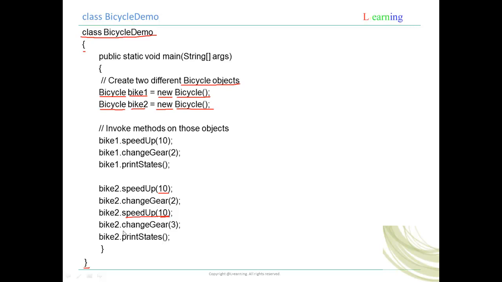Now we change the gear to 3 and then we print the states. So what will be the output of this print states and what will be the output of this print states? The output over here will be 10 and 2, since we have printed speed and gear. Output over here will be 10 plus 10, 20, and the gear will be